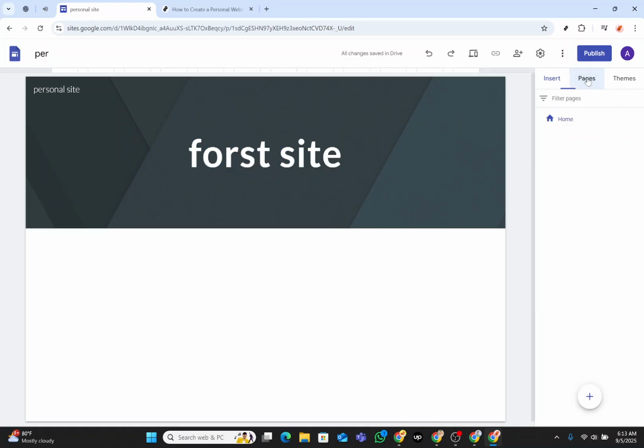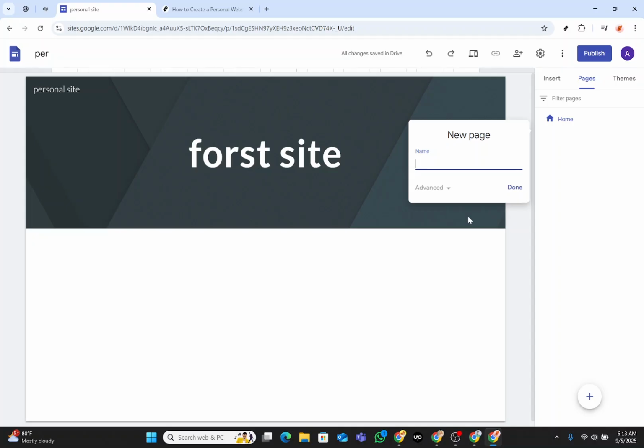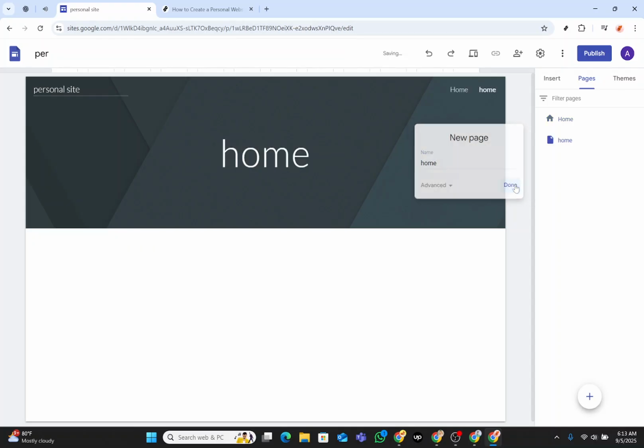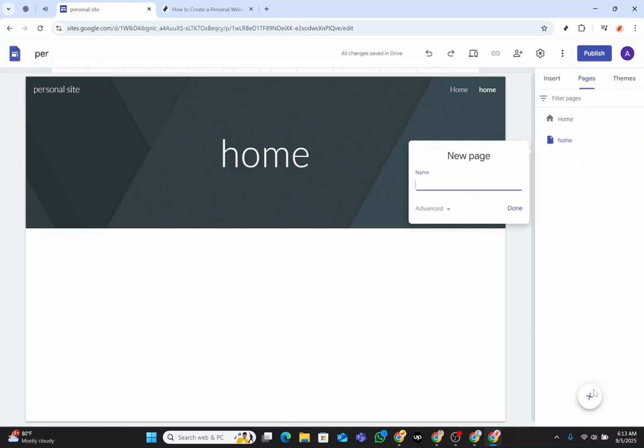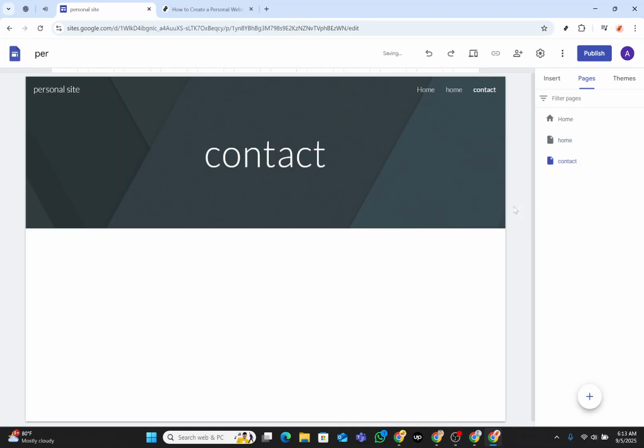A Services or Products page can follow, detailing what you offer. Use descriptions and images to make it visually appealing. For social proof, add a Testimonials page, showcasing customer reviews or logos from clients you've worked with. Lastly, don't forget a contact page. This is crucial for engagement, so include a contact form and other relevant details like phone numbers, addresses, and links